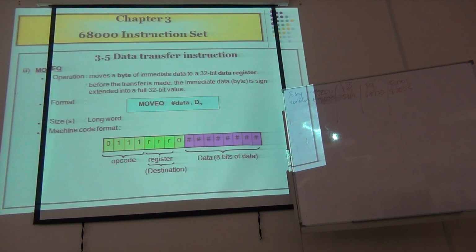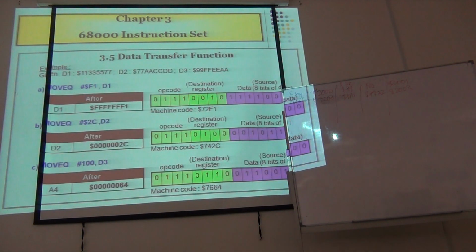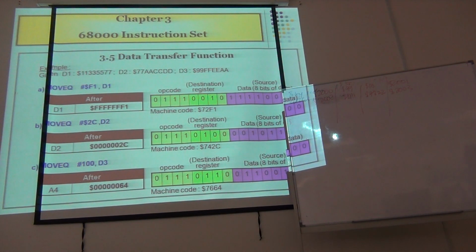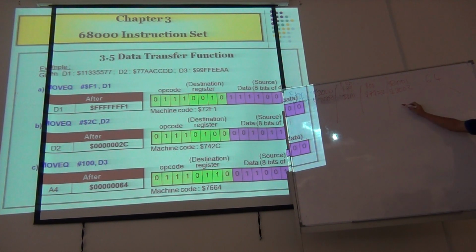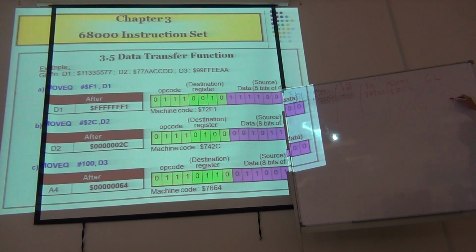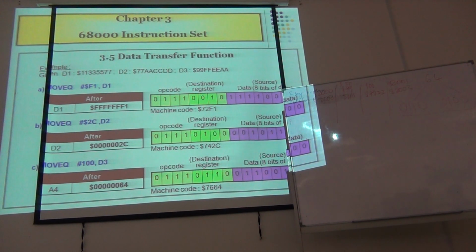We need to change to binary. 64 change to binary. What will be the number? Zeros. 1 1 0 0 1 0. 64, you have to give, because you have 8, you have to put 8. 64 means 6 is a 0, 1, 1, 0, 4 means 0, 1, 0, 0. It's not 100, you have to put 0, 100. So you have to fill up all 8 inside the particular machine code